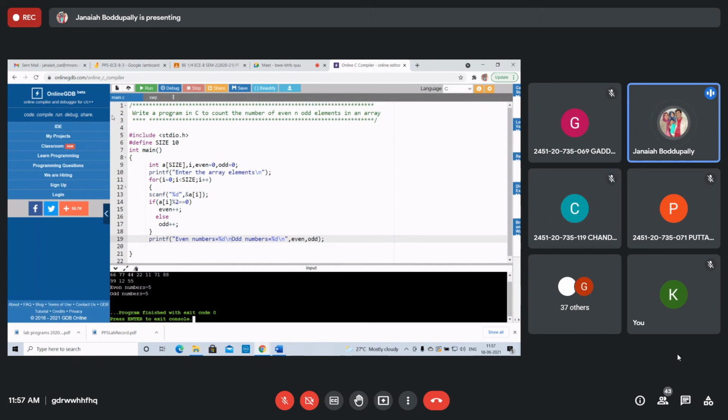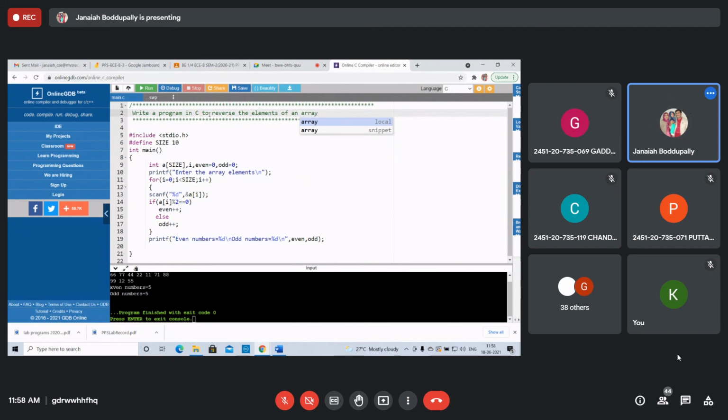Yeah. Okay. See, right. Now, write a program to reverse the elements of an array. Copy this one. Write a program in C to reverse the elements of an array.